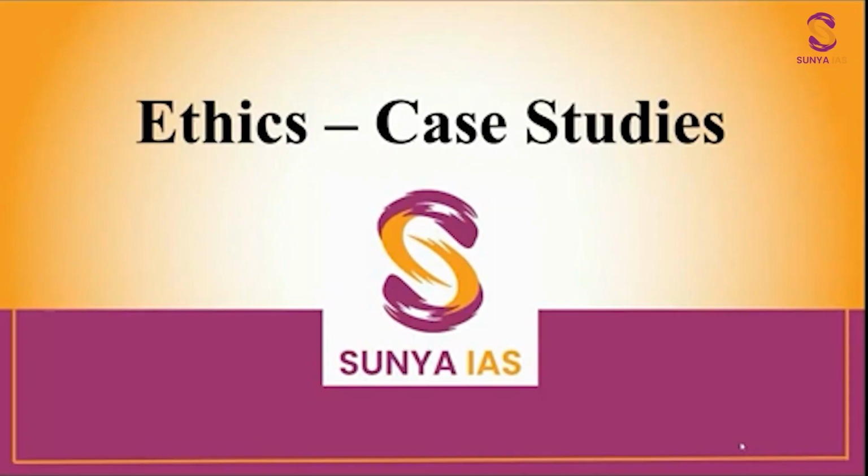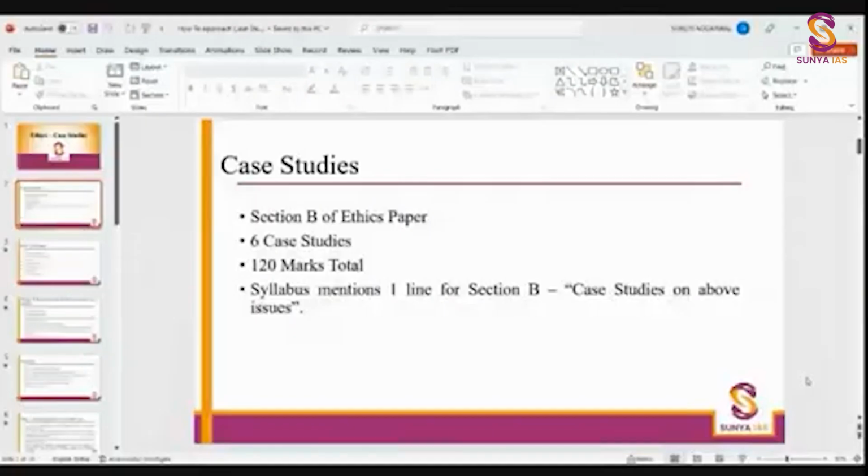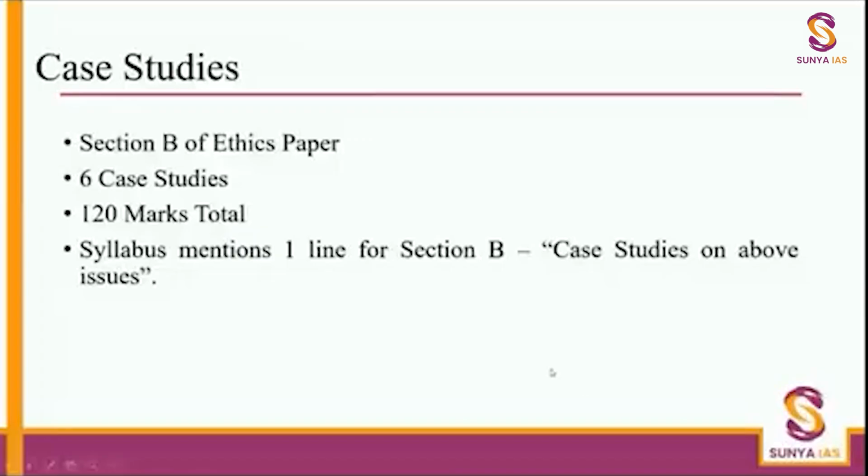So today's session is going to be on how to tackle case studies in the ethics paper. A few basic things about the case studies which are asked in the ethics paper. It is Section B of the ethics paper. You will be asked around 6 case studies and it weighs 120 marks in total. So this is the weightage, and the syllabus mentions only one line for this section, and that is case studies